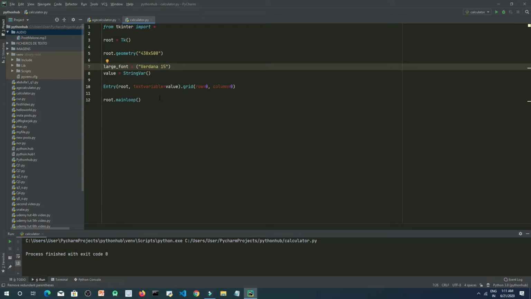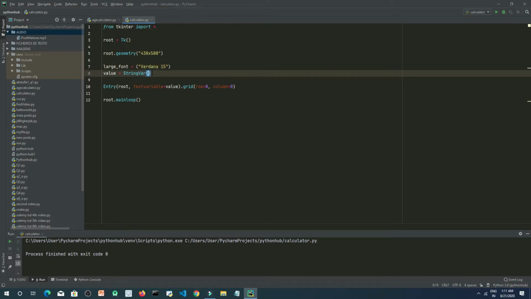Okay, so now initially we want to set the value to be, let's first set it value equals enter expression. Okay, here we are trying to show that when the screen is initially visible to us, this expression, enter expression, will be visible in the entry widget.